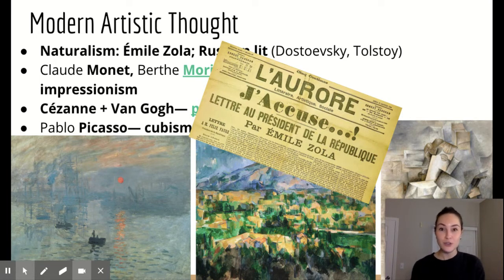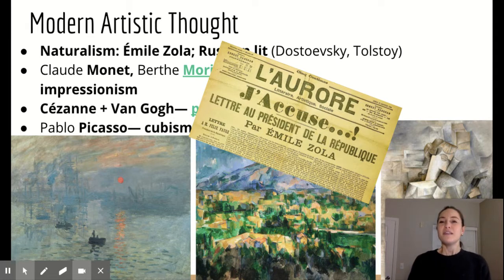Like he criticizes the trial, he criticizes the lack of the jury, he criticizes the judicial errors, the lack of evidence. He eventually then gets accused and found guilty or convicted of libel, which is when you're printing lies essentially. He has to flee to England to avoid punishment. They do give Dreyfus a second trial. He's found guilty again, probably because they didn't want to be embarrassed. Later on, Dreyfus is exonerated and is shown not to be the actual culprit.